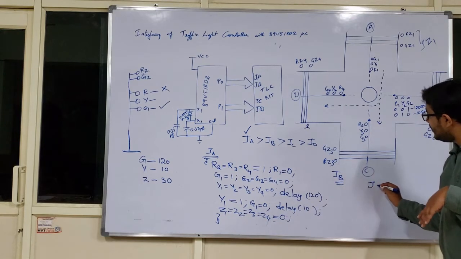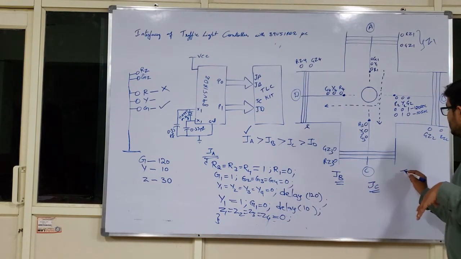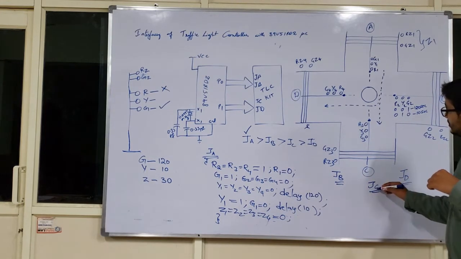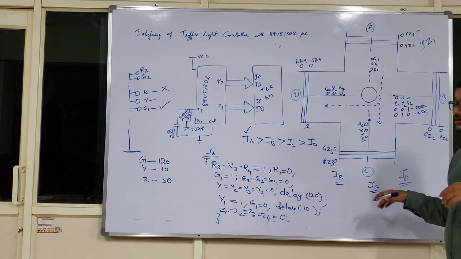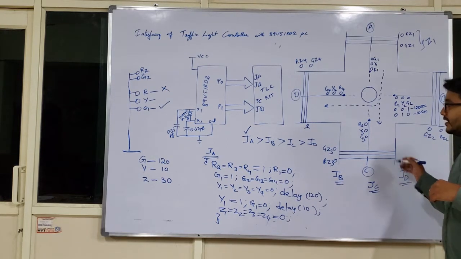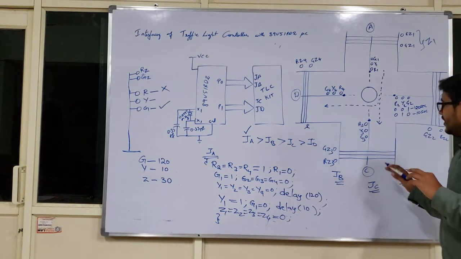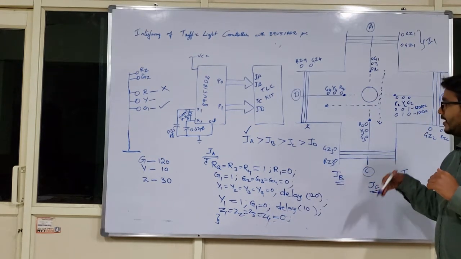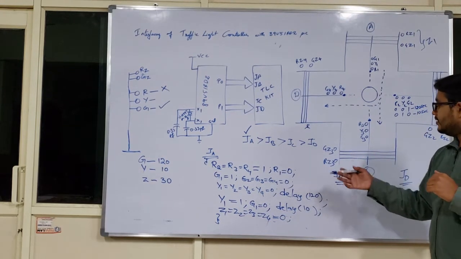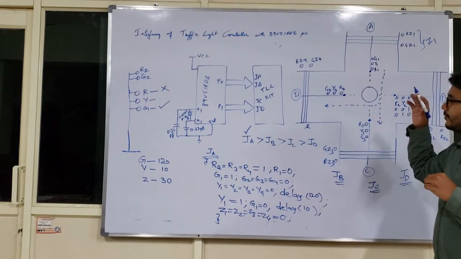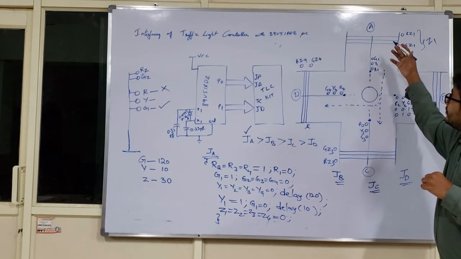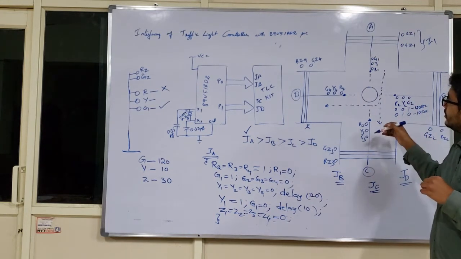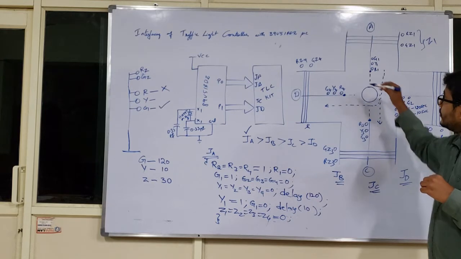Junction C will be coming into picture, and its activity starts taking place. And similarly, after junction C, junction D activity will be taking place. So this is what generally happens. Okay. Once I have completed all the junction roles, like the movement of vehicles from either of the directions are completed, like from B road to C road, B road to D road, as well as B road to A road.